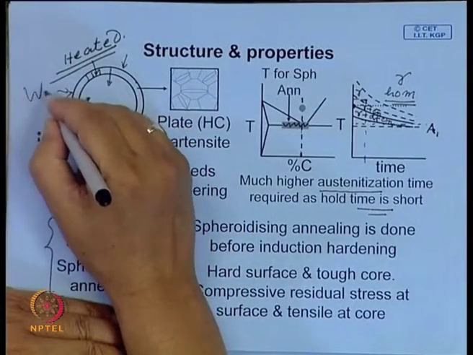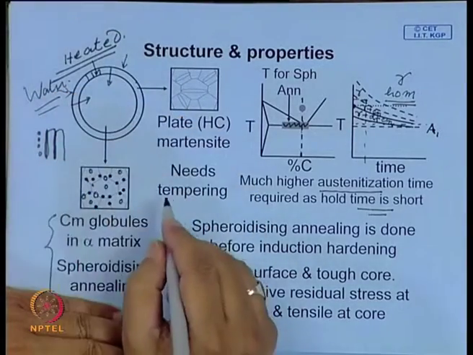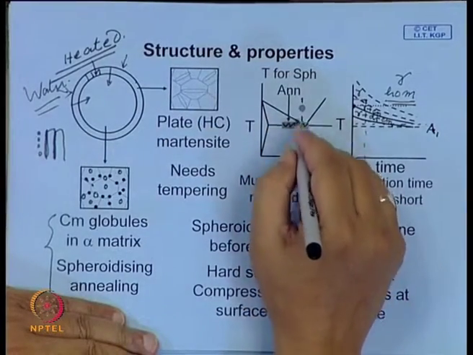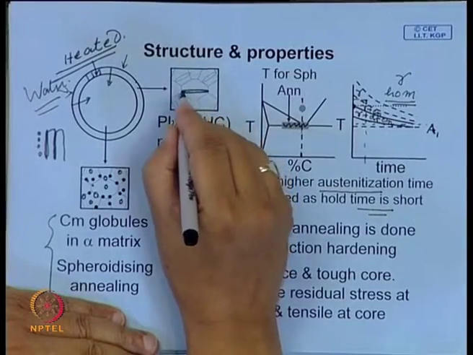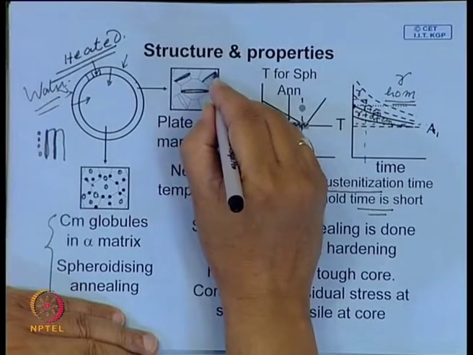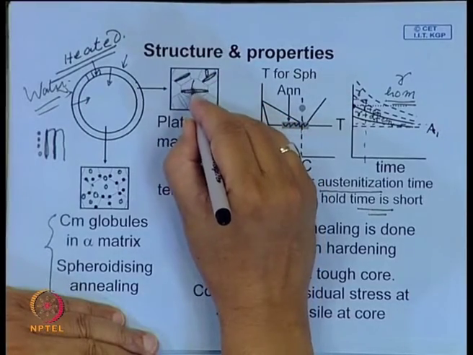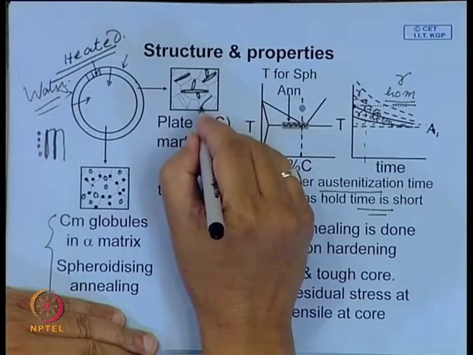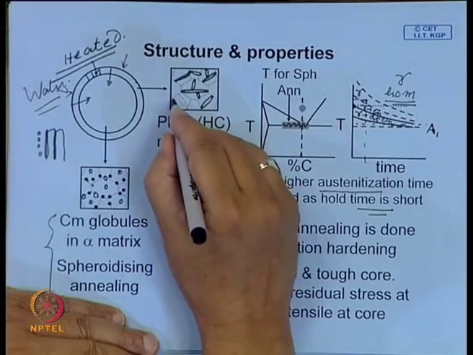Water spray, you quench, and usually the quenching rate will be very fast, in this high carbon steel. So, if it is a high or medium carbon steel, you will get plate type of martensite. These are like acicular shaped plates which develop and partition that austenite boundary. Initial plates will be longer and subsequent plates shorter, and this will be totally athermal, and the entire structure will be